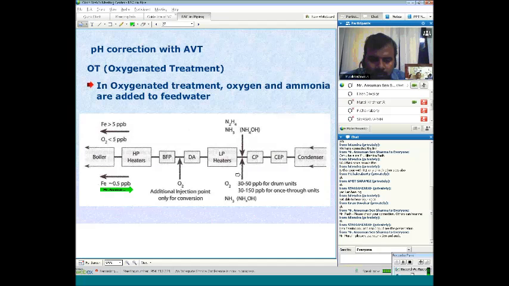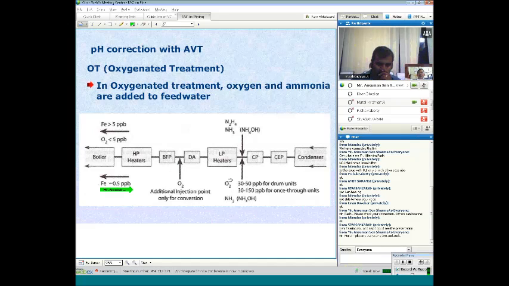Here in the CP discharge, pure oxygen is dosed, and the oxygen level is maintained in the range of 30 to 50 ppb in case of a drum unit, and 30 to 150 ppb in case of a once-through unit. And there is another location where oxygen can be dosed. Sometimes it is dosed to maintain the oxygen level around 120 to 150 ppb. So in AVT-O, the oxygen level is maintained around 120 to 150 ppb, and there is no other chemical